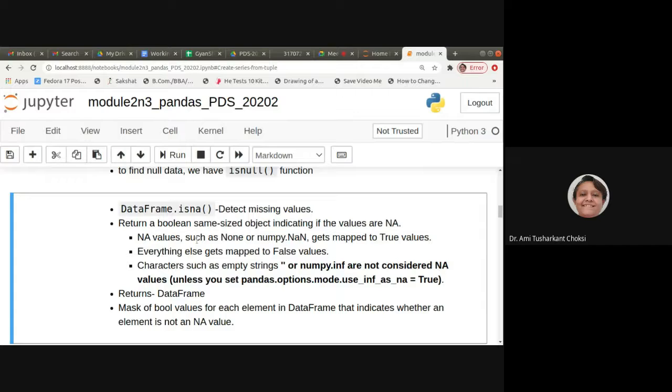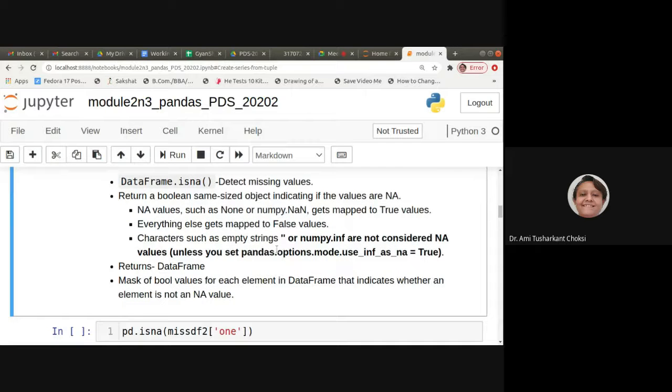Now, NA values such as None or numpy.nan get mapped to True when we are using isNA. Not available values are None or numpy.nan.